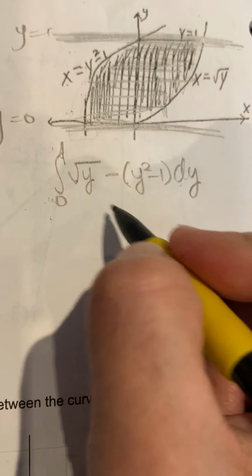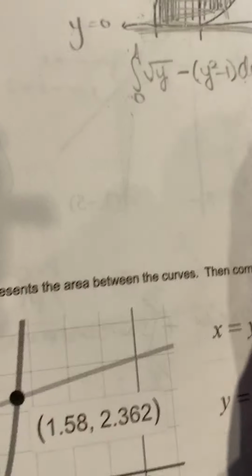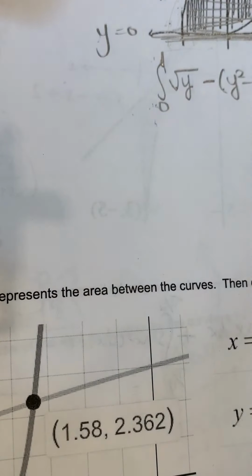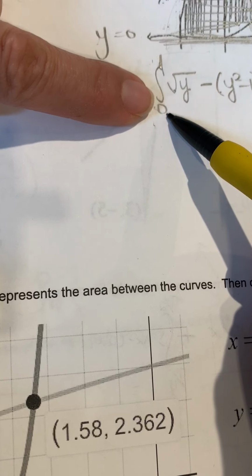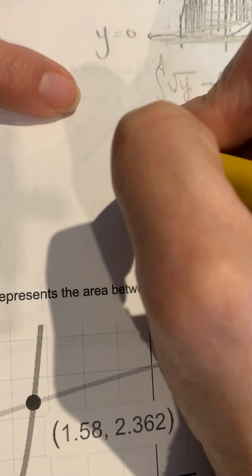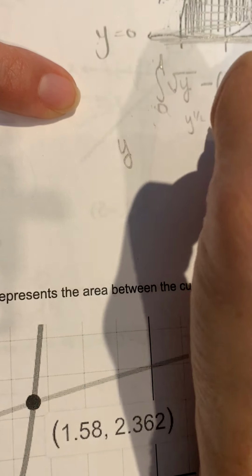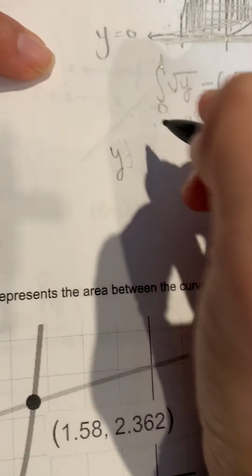Good stuff. So now all you got to do, since it's no calculator, is you get to have all the fun of getting the antiderivative and plugging in and solving. Good news, don't freak out. Good news, there's a little 0 there. 0 and 1s are awesome because calculations are faster that way. So let's do this. That's like y to the 1/2, right? So plus, so when you get the antiderivative, that's going to be y to the